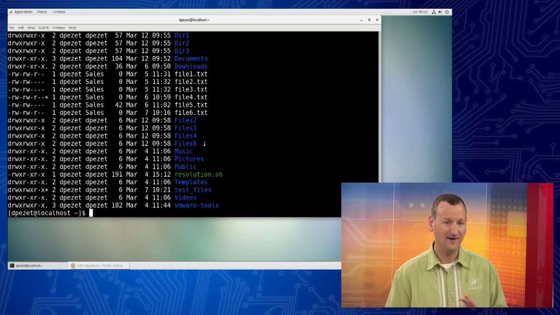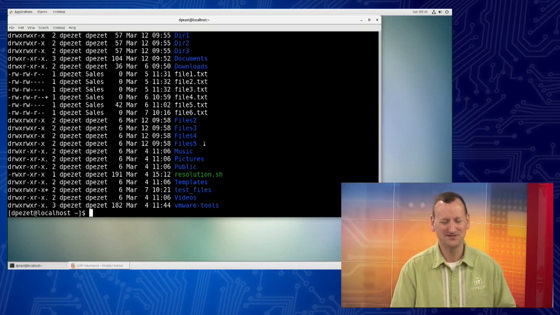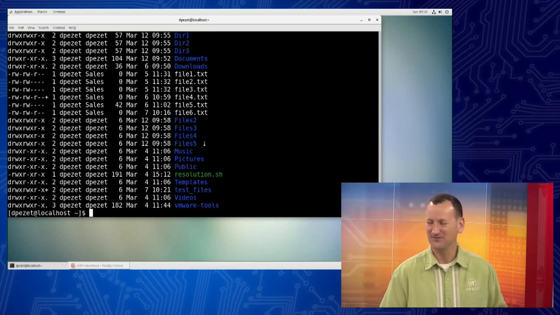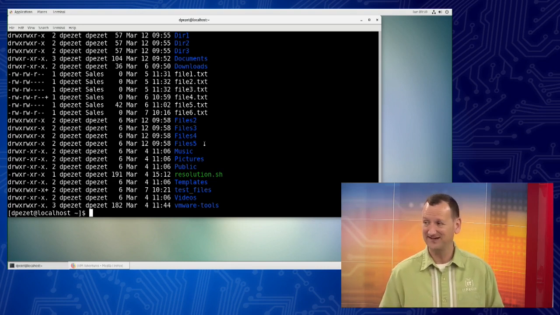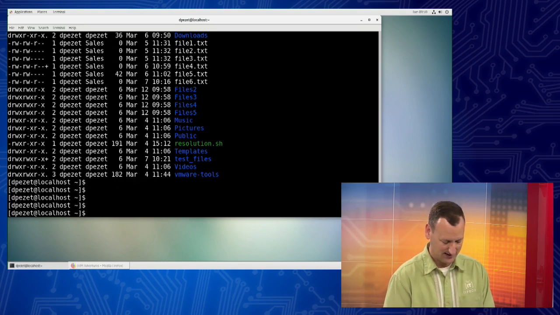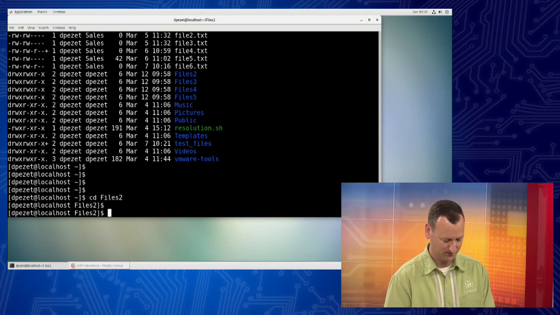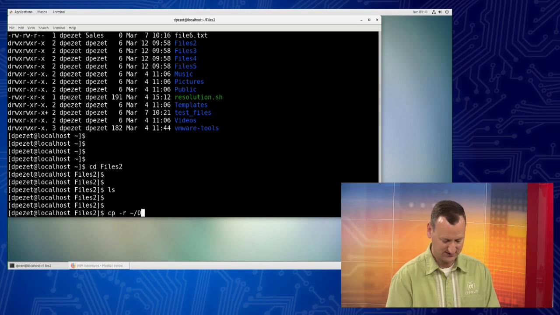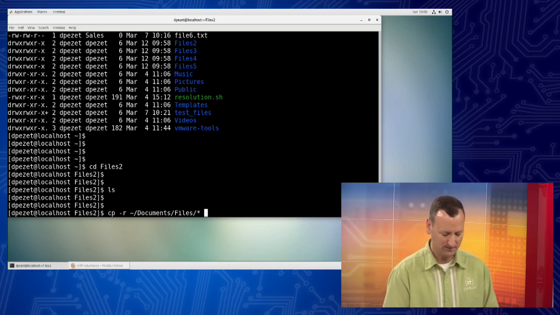However, rm is not very friendly when it comes to folders that already have stuff in them, right? So if I try and remove a folder and there's things inside of it, it doesn't like that. Let me show you an example. Let me get into files2. So files2 right now is empty, and I'm going to use cp -r. So I'm going to do a recursive copy of my /documents/files folder. So I'm going to get everything that's inside of the files folder, and I'm going to copy that